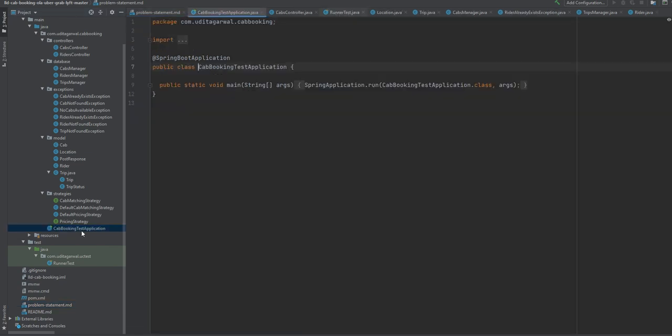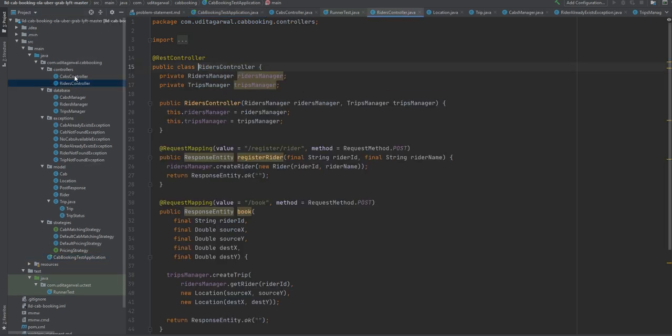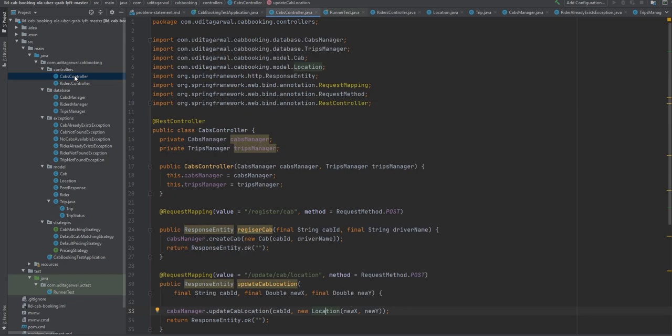The first thing that I built is the main class. The main class does nothing, it just starts a Spring application, and it takes some arguments, and that's all. The actual thing starts from the controllers, riders controller and cabs controller. As we saw, we have two entities in the system, so I created two controllers, one for each of them.